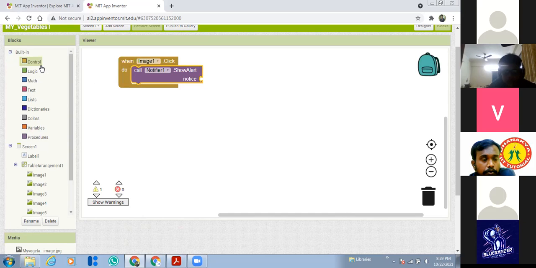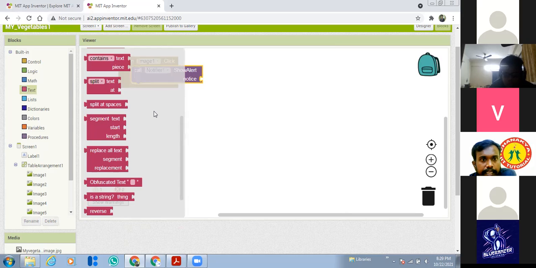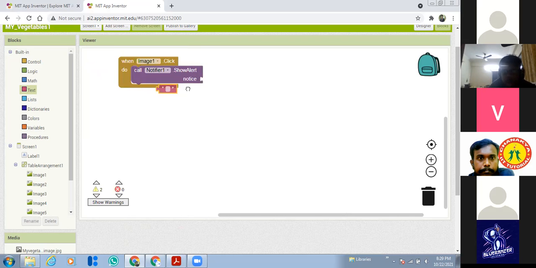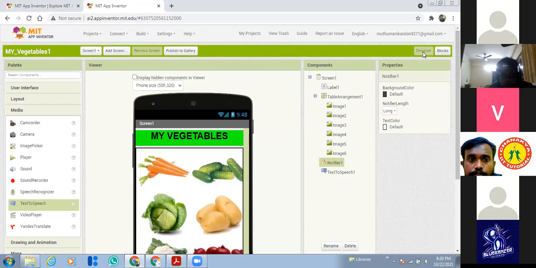So you just go to text. In the text, scroll up to the first command, the empty text. Take this empty text and place it over here, and here we have to type the message which you want to show. What's the message I want to show? The carrot, right? Since for my design I added the carrot as the first image.